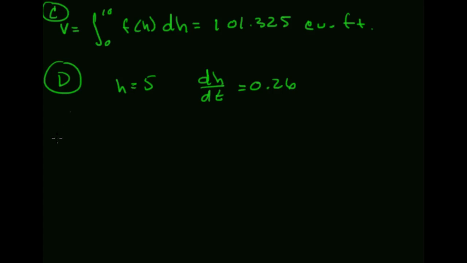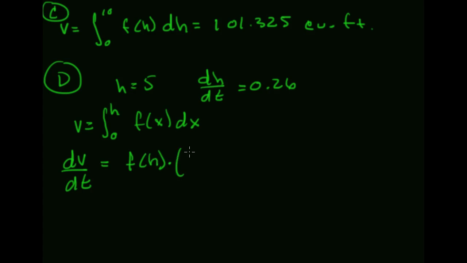All right, so volume here is the integral from 0 to height of f of h dh, right? Or f of x, you have to have two different variables there. F of x dx, which means that dV/dt is going to be f of h times dh/dt. Okay, but we want this when h is